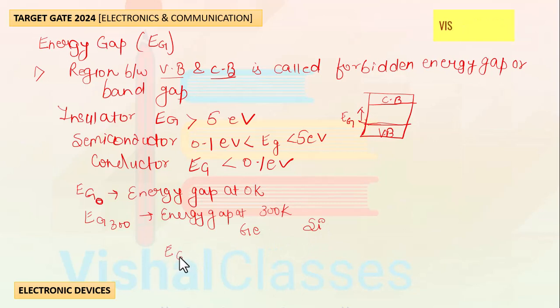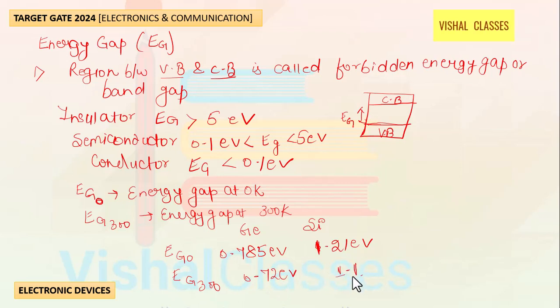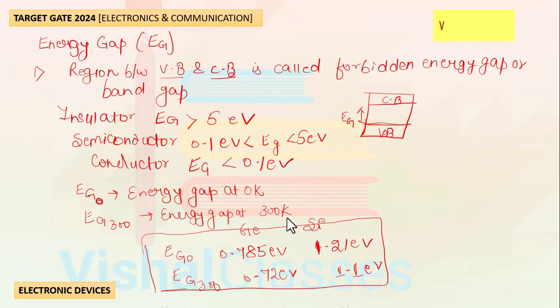This value you will write also in formula notebook. Eg node for germanium is given as 0.785 electron volt, and for silicon it is 1.21 electron volt. Energy band gap at room temperature for germanium is 0.72 electron volt, and for silicon 1.1 electron volt. This will also write in formula notebook. Okay,